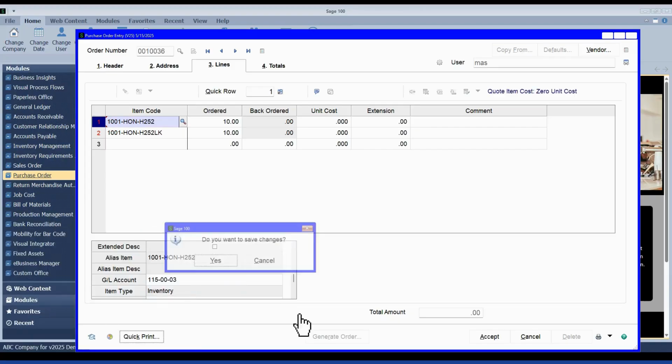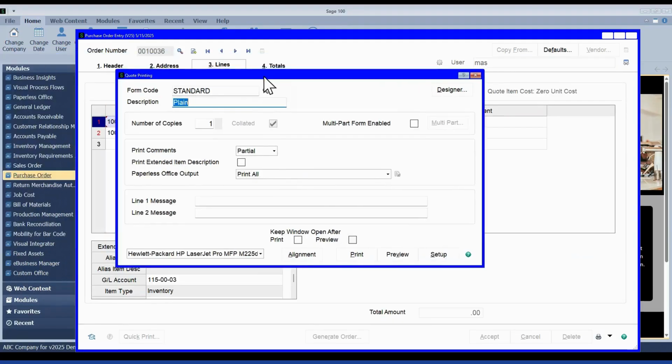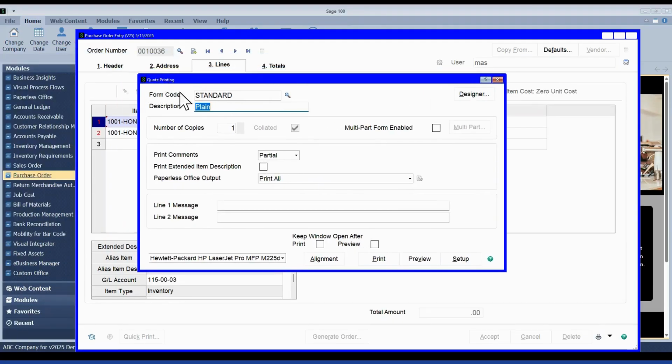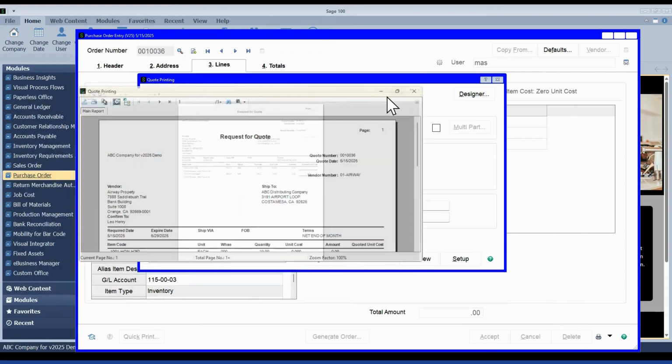I'll go and do a quick print here. And so it knows because I'm in a quote type, it pulled up a quote printing screen. I'm just going to do a preview first so you can see it, but it'll say request for quote at the top here.